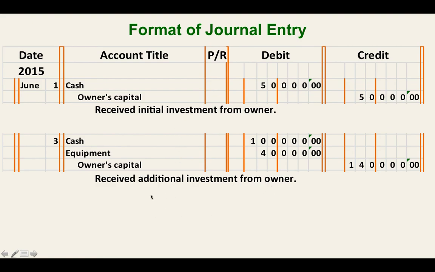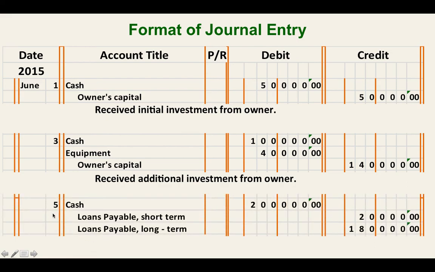Okay? Why did we know that? Because the owner's capital is credited. Okay? Next, write the day again, and then debit cash, 200,000, credit loans payable short term, 20,000, loans payable long term, 180,000. So here we have one debit and two credits. Earlier we had two debits and one credit, but same thing. The total debit amounts are equal to the credit amounts. Okay? And then here the explanation: borrowed money from the bank. Okay. So this is the format of